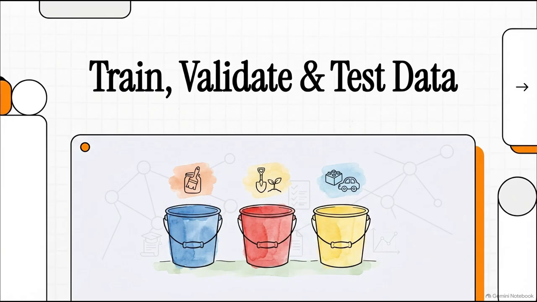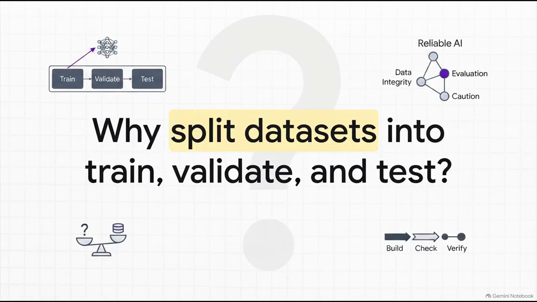Machine learning models face this exact same problem. It's a foundational concept in data science, and today, in this explainer, we're going to explore exactly how to prevent it so our models actually learn instead of just cheating. So this brings us to the core question. Why do we obsessively separate machine learning datasets into training, validation, and test portions?